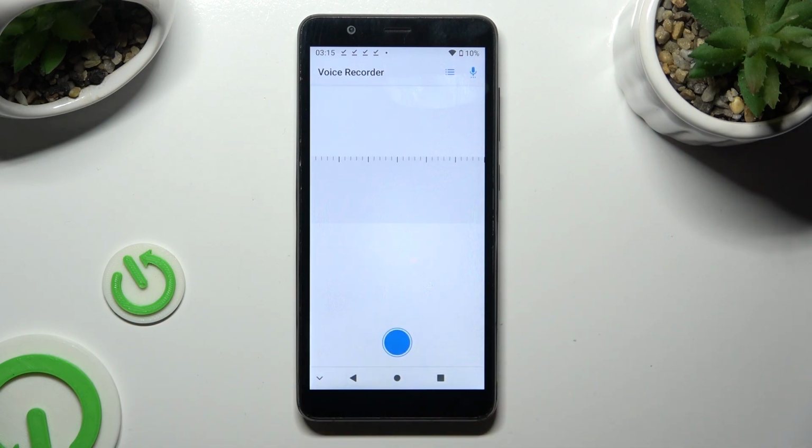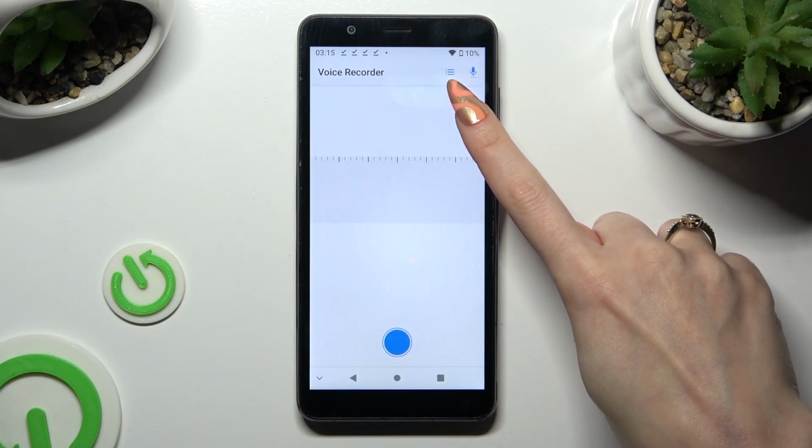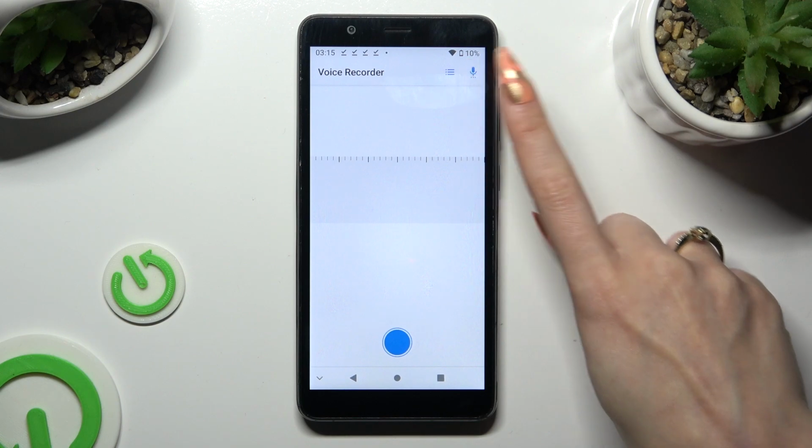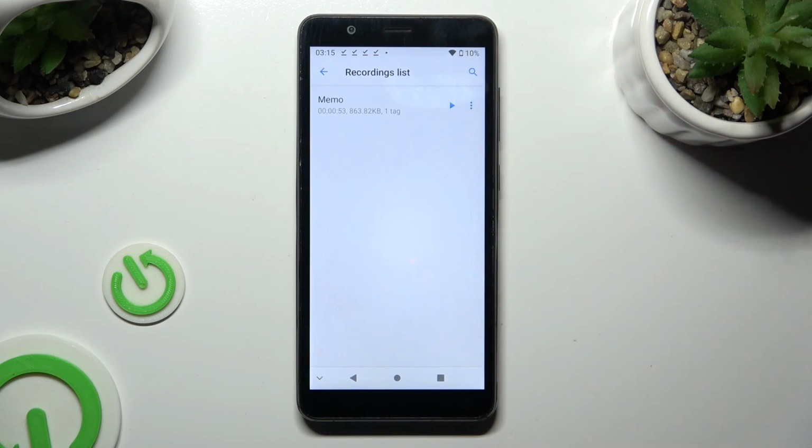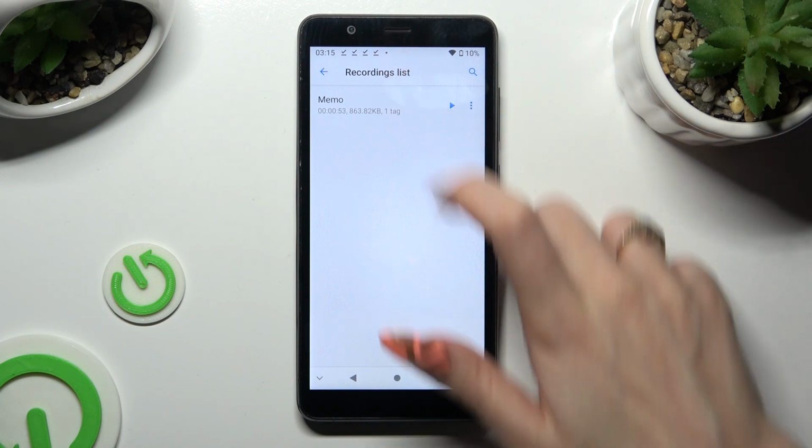To access list of recordings from main voice recorder screen, click on those three lines at the top right corner next to the microphone. To play one of your recordings, click on it,